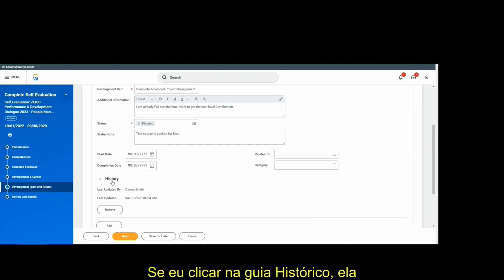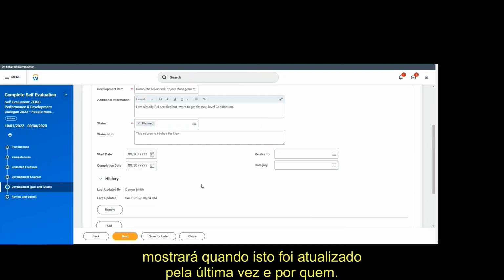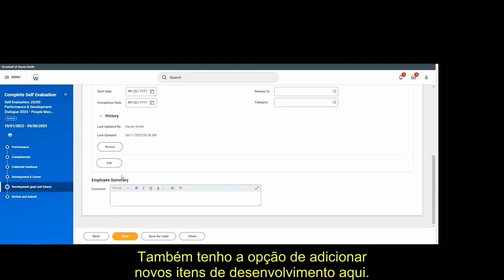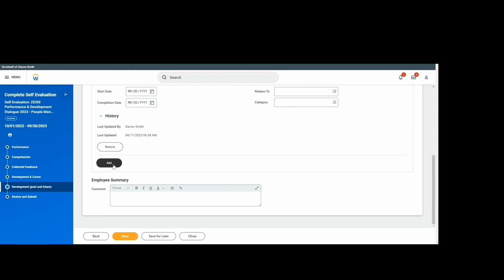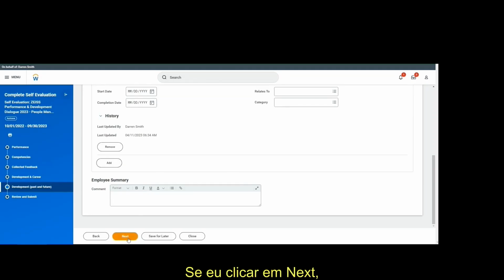If I click into the History tab, it shows when it was last updated and by whom. I also have the option to add new development items here. So if I click Next,